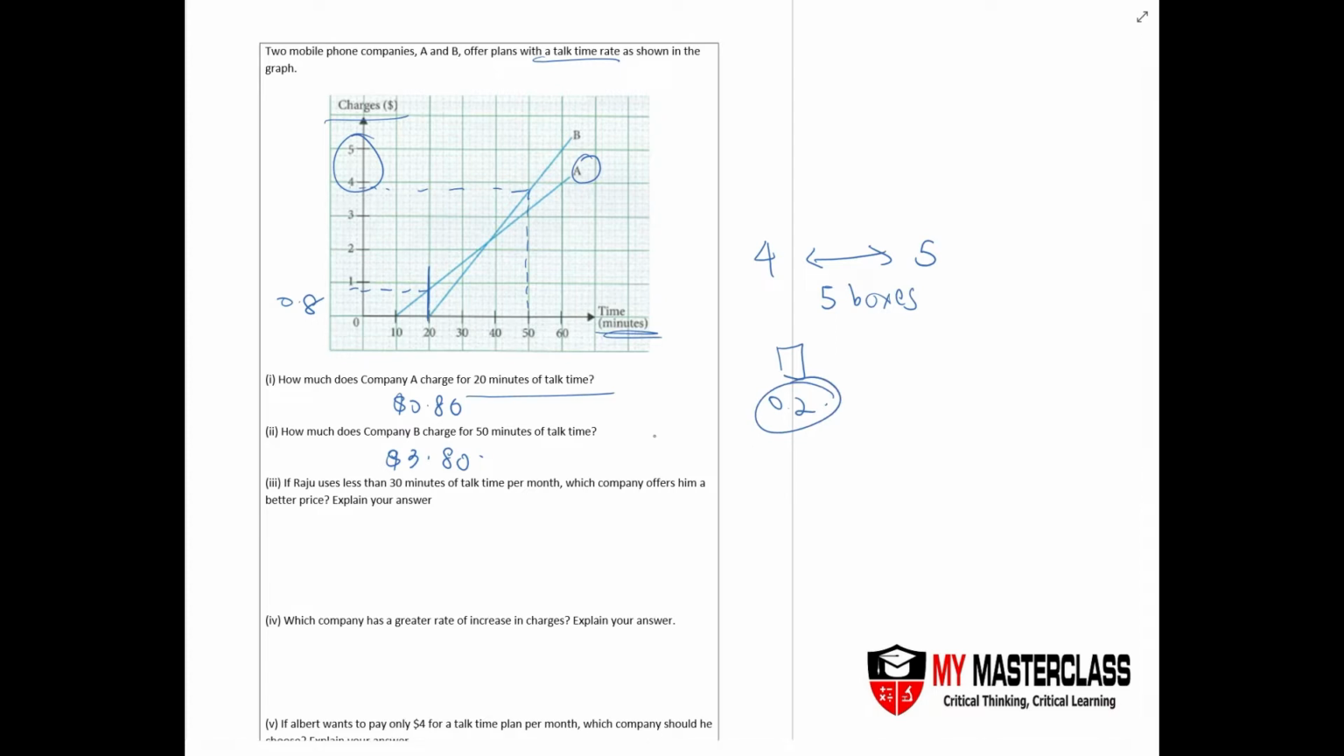Now part 3. If Radu uses less than 30 minutes of talk time per month, which company offers him a better price? So let's say I have 30 minutes here. This is one point, that's another point. Less than 30 minutes, so which company offers him a better price? The better price should be company B. Why? Because,